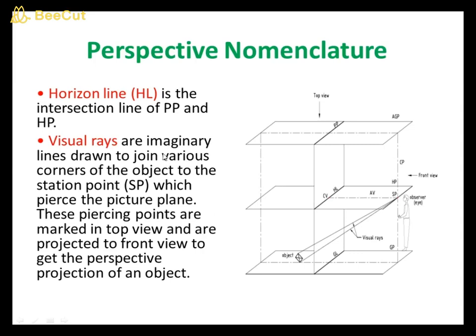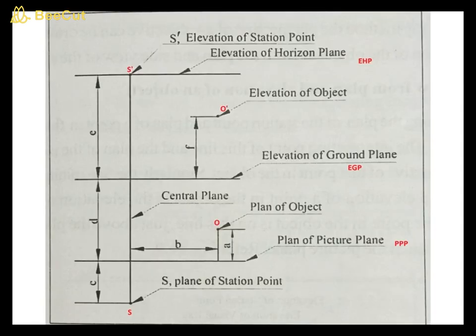And visual rays are actually imaginary lines that will connect the object and the observer. So in our problems you can draw construction lines, which means very light lines, to connect object and the observer. We'll see that. So first of all, I'll explain how these planes will look like in your real problem or